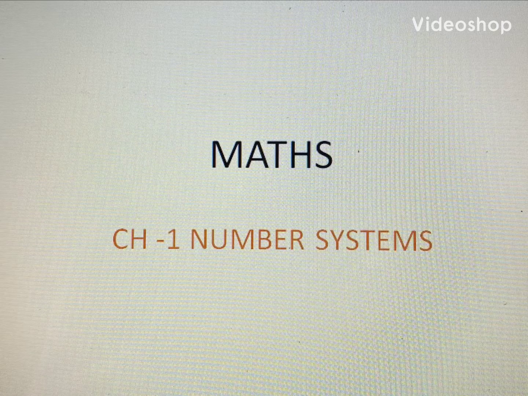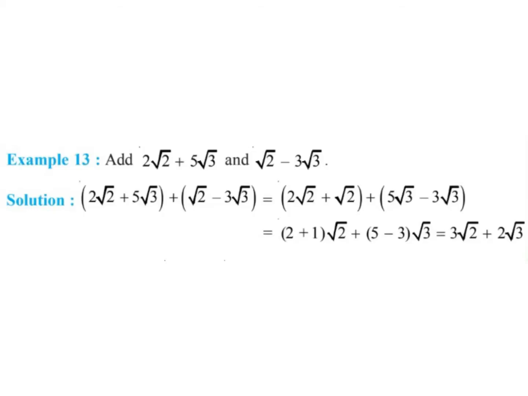Welcome back, students. Let us move to the last topic of our chapter, that is operations on real numbers. If any number is given to you, now you can easily identify whether it is a rational or irrational number. Now we are going to study how different operations like addition, multiplication, division, subtraction, etc. are done on the real numbers. Let us consider the given example.